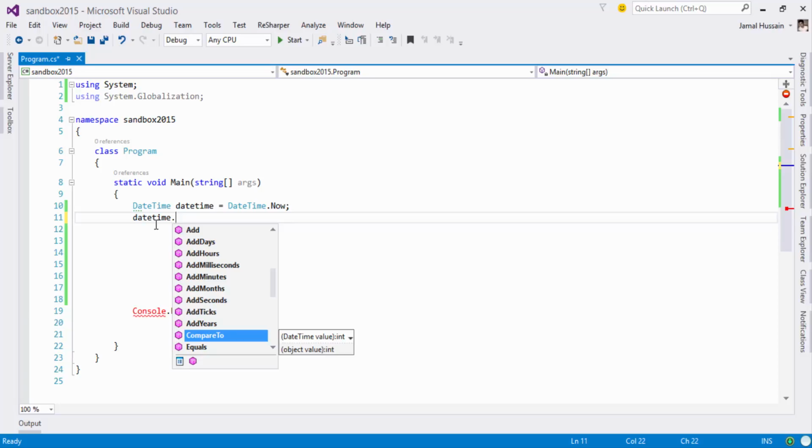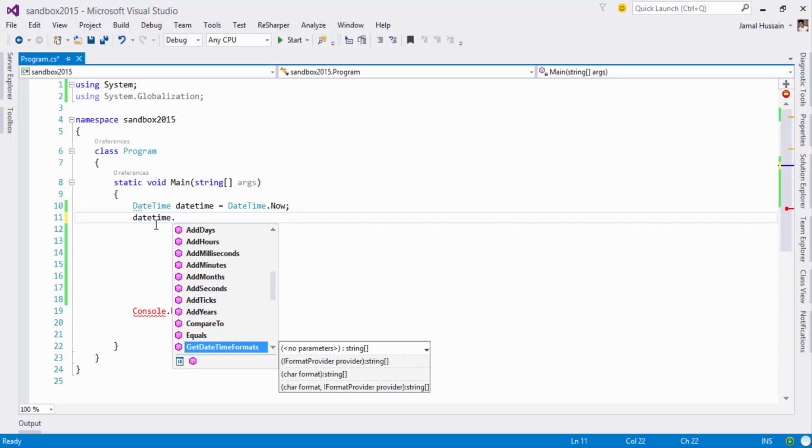And this one is compare. What it does is compare the date and time with another date and time object, and it will tell you whether the current date and time is earlier or later than the previous date and time, which has been provided as an argument. You will see this. This is a really powerful feature, get date and time formats. You will look for it